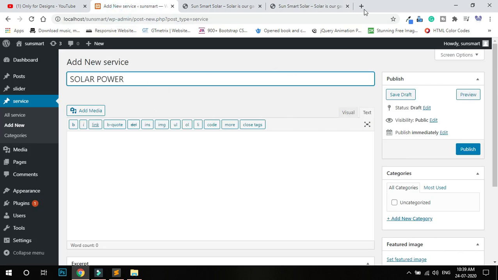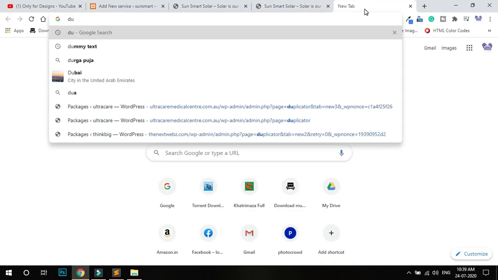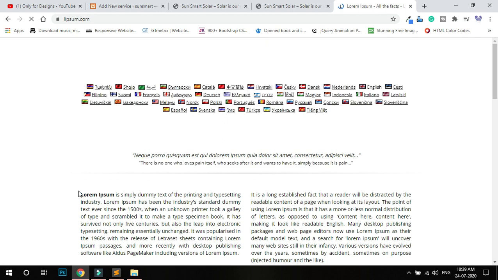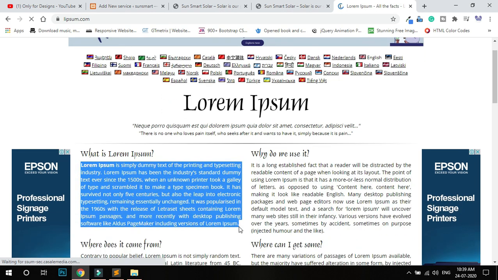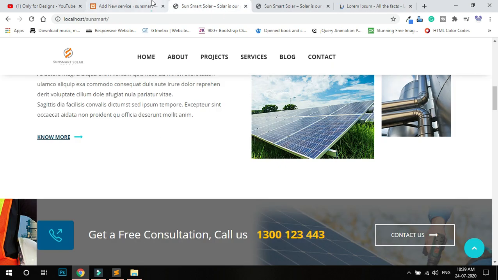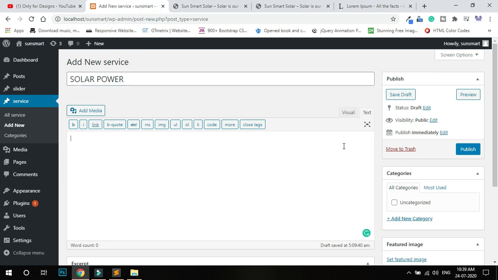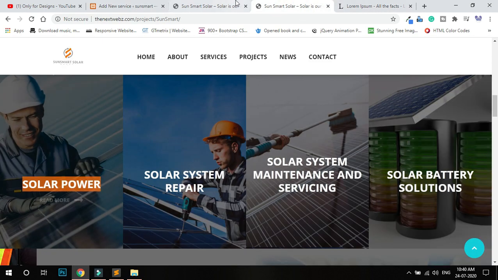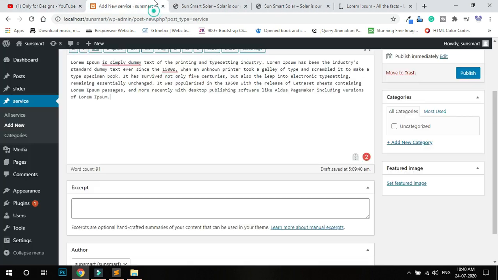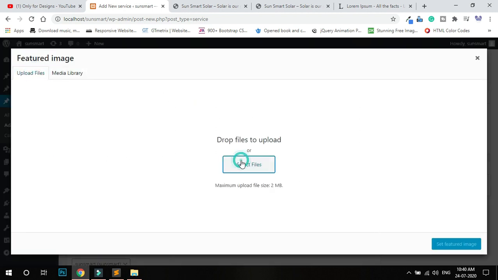I need dummy text, so copy the paragraph and paste it here. Then add the image, the first image.